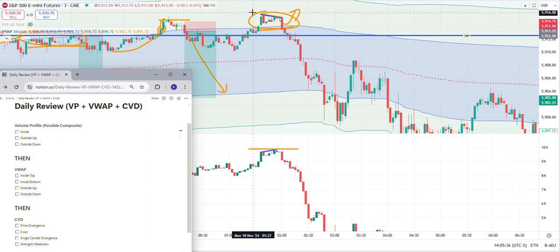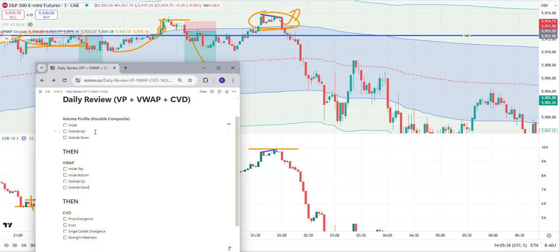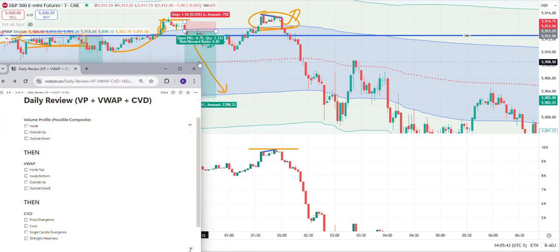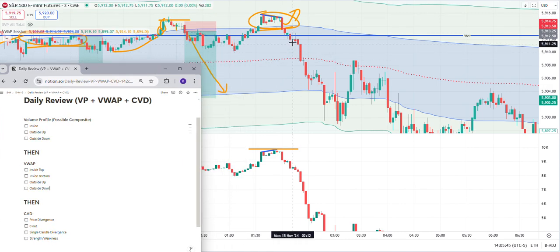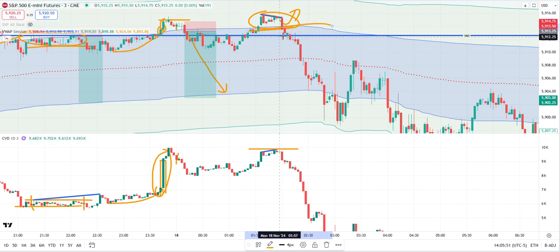So we need to wait for volume profile to confirm it and then VWAP to confirm it and then look at the tape again, so CVD again. So once it gets inside, okay, boom, volume profile now confirms it here. We can have a short bias, not get short, we can have a shorter bias. And then after it breaks the value area high, we can now have a real short bias